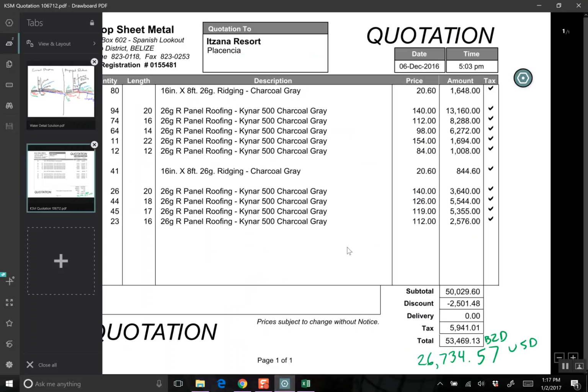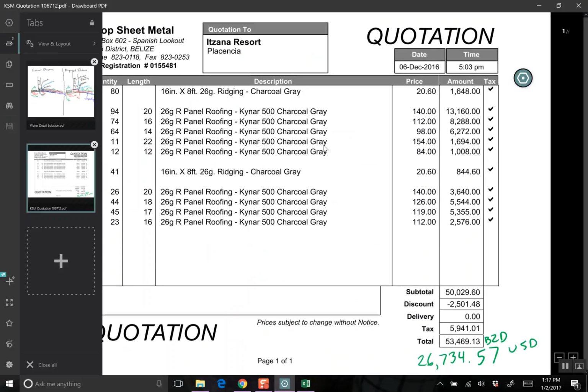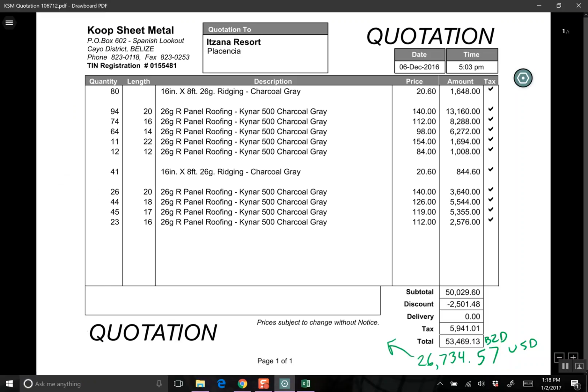Now let's look at this and see if we can figure out which one is which. I can't tell from here. In real life, we should figure out exactly which one is which. One of these is probably Great House and one is hotel. But just to speed things up, let's break it up evenly. So 26,734.57 BZD to Great House,